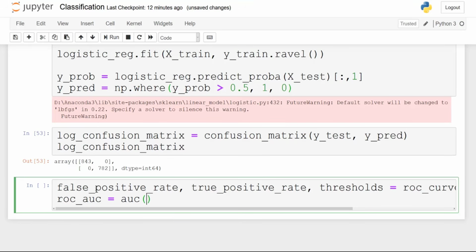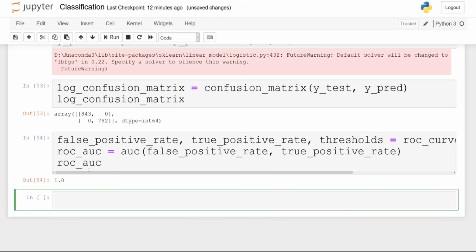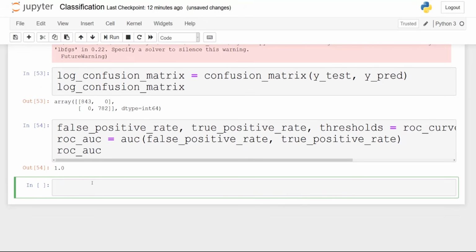And then the ROC AUC is simply going to be equal to auc, and then you pass in the false positive rate and the true positive rate. So here we are actually going to use the ROC curve. And as you can see, when we calculate the ROC AUC, we get 1, which is again perfect classification.